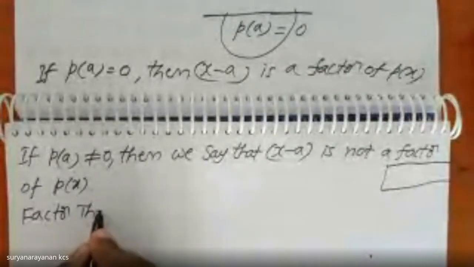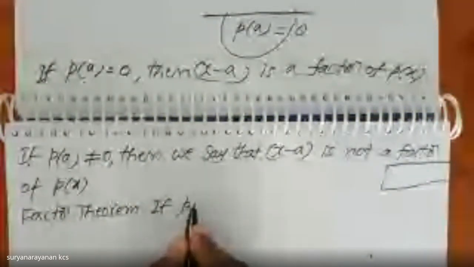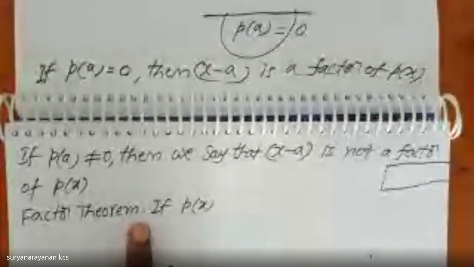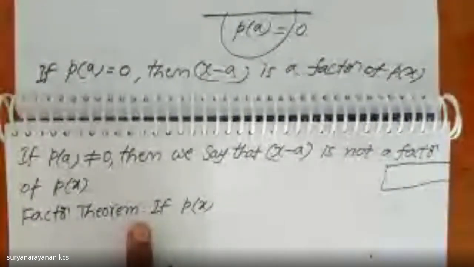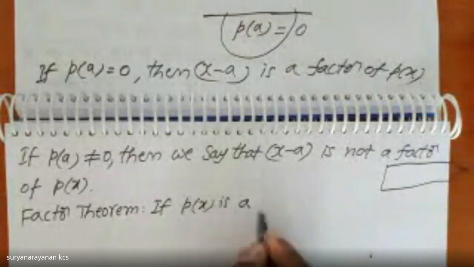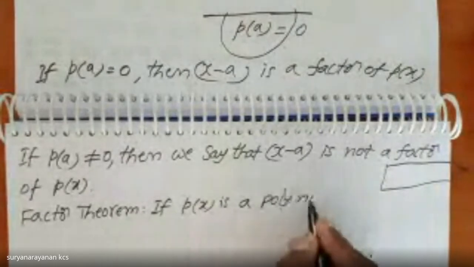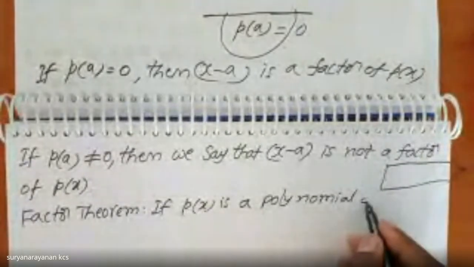Yes, here I am writing the statement of the factor theorem. This definition is already given in the textbook at page number 40. I am just writing the same statement here. If P of x is a polynomial of degree